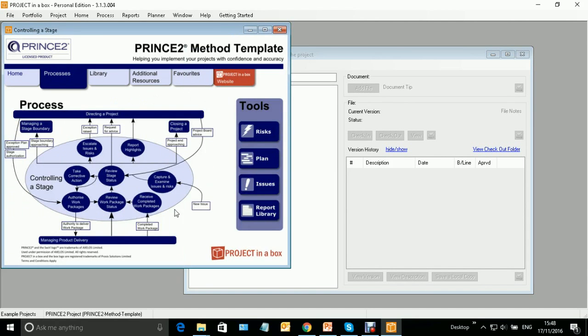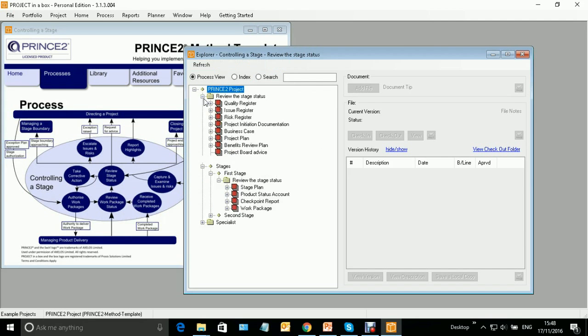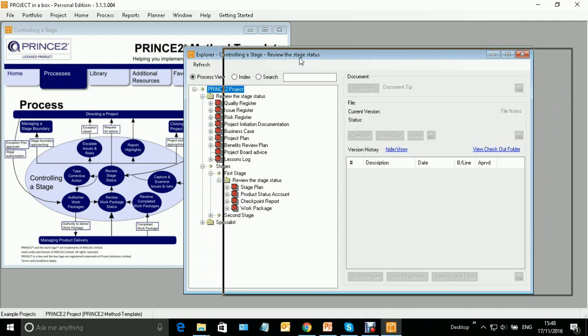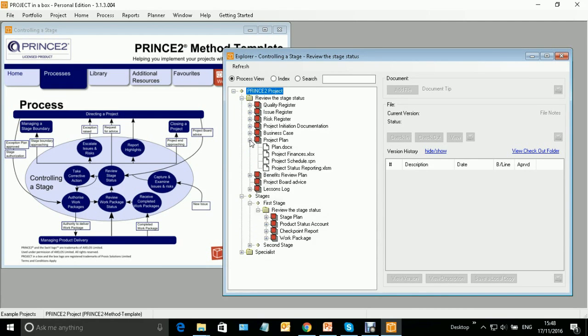So when we're controlling a stage and reviewing stage status, for example, we can see the documentation relevant at the stage level and also at the project level, and we've got hints and tips telling us about what we're supposed to do with all that in the circumstances. So that's very much the same as it was before, slightly more sophisticated in terms of the way we might use this, but we are still working through the files, building up the content that we're going to use behind